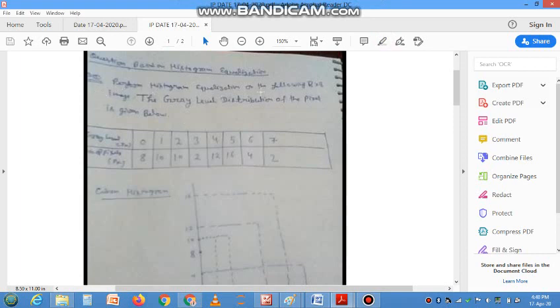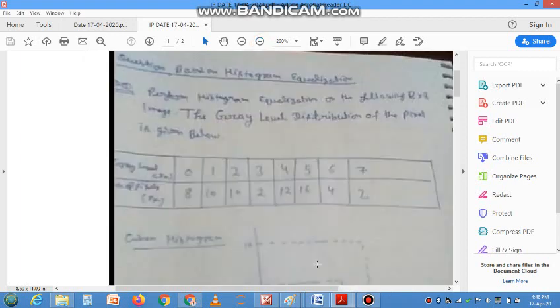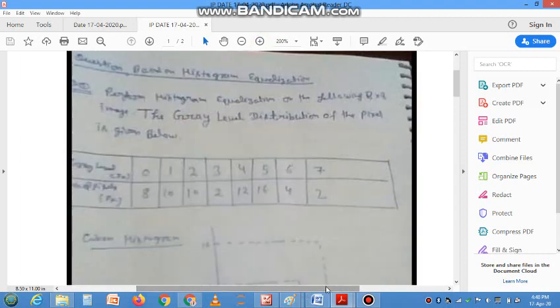Perform histogram equalization on the following 8 by 8 image. The gray level distribution of the pixels is given below. Okay, these are the gray levels and these are the corresponding number of pixels. Since this is an 8 by 8 image,